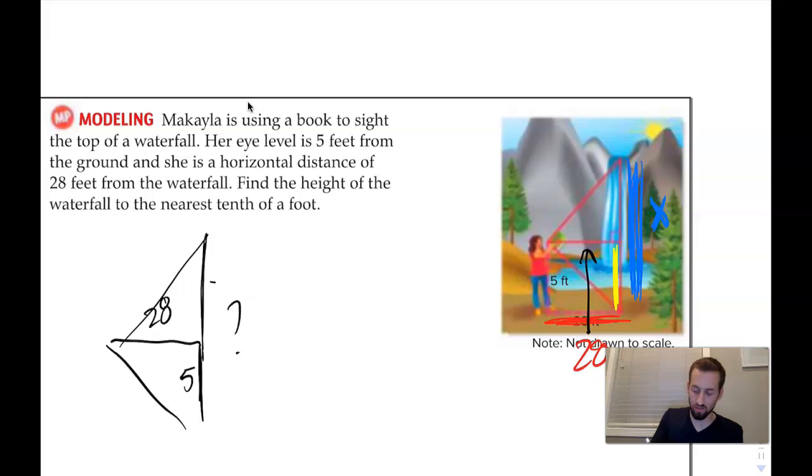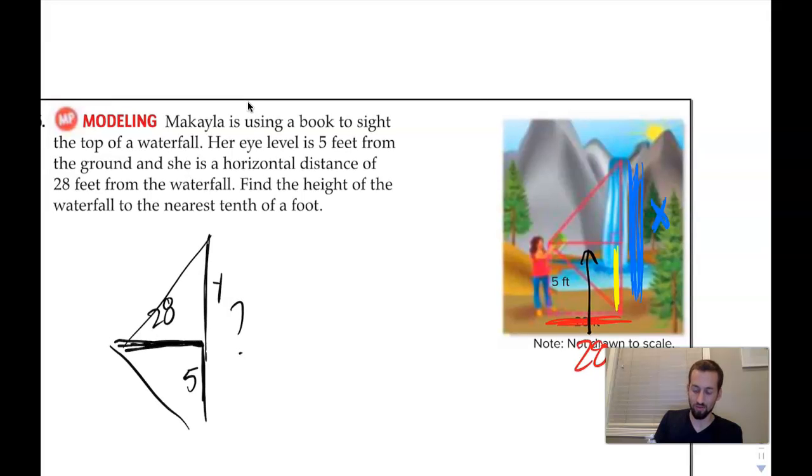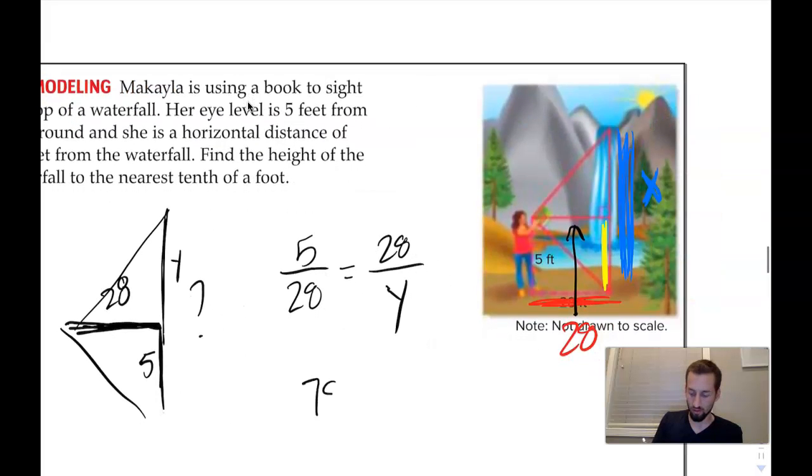Which again, what I just typically do is I'm going to find this one. So the very first theorem we learned is that the altitude is the geometric mean. It's the one that's going to be repeated between the two parts of the hypotenuse. I'm going to put y here. So you got 28 squared is 784 equals 5y. So when I divide by 5, I get